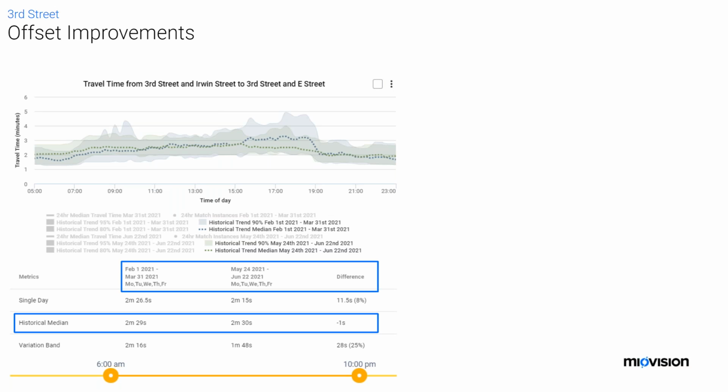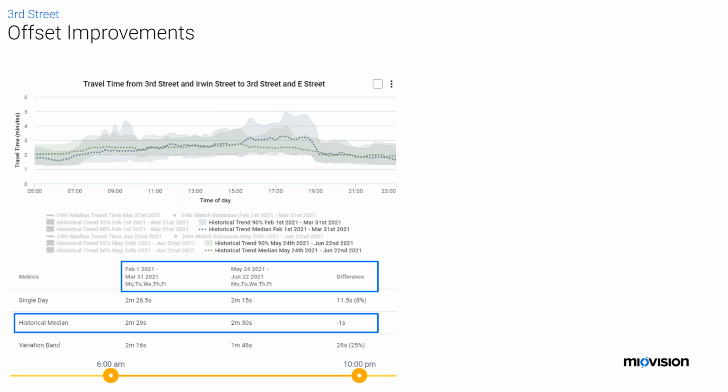What you'll notice is that the difference in travel time is basically nothing. It's actually 1 second, and it's 1 second worse. When I was looking at this at first, I was pretty disappointed. I thought there would definitely be some change, maybe not super significant, but some change. In this case, a 1 second difference, so not much of a change.